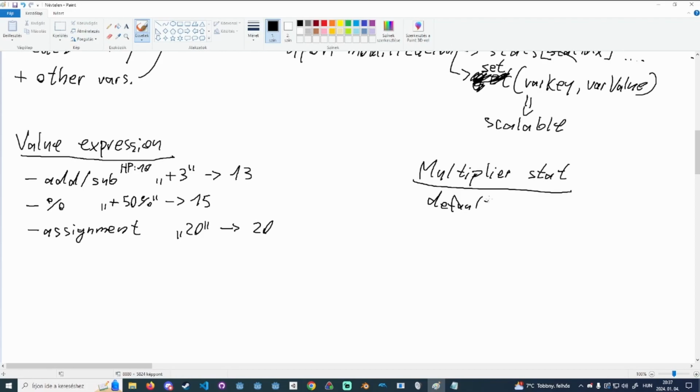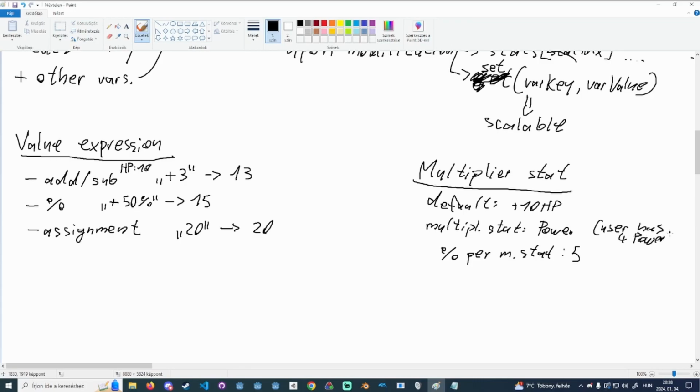So if our default state is plus 10 HP and our multiplier stat is power, and percent per multiplier stat is 5, and then the user has 4 power. This means we will apply 10 HP plus